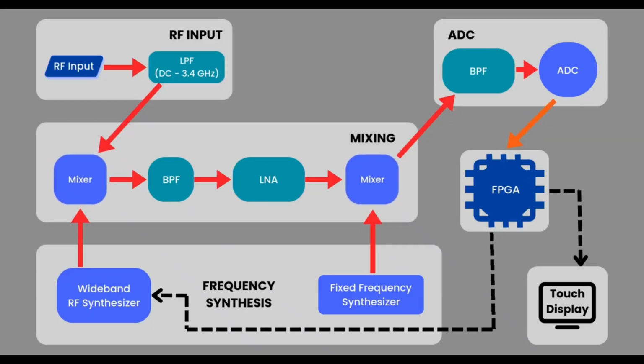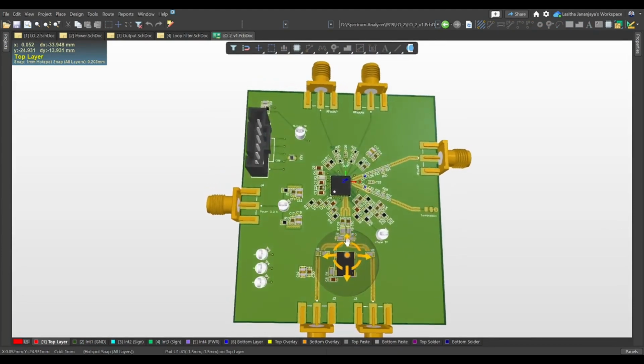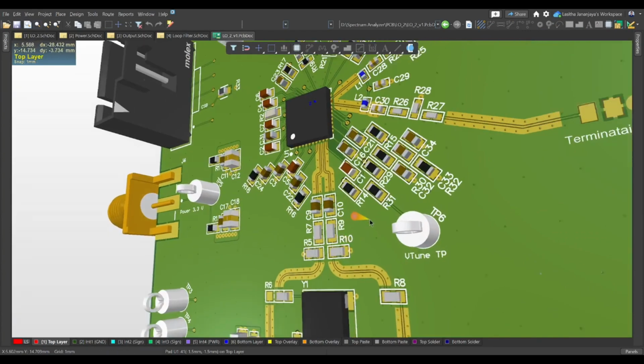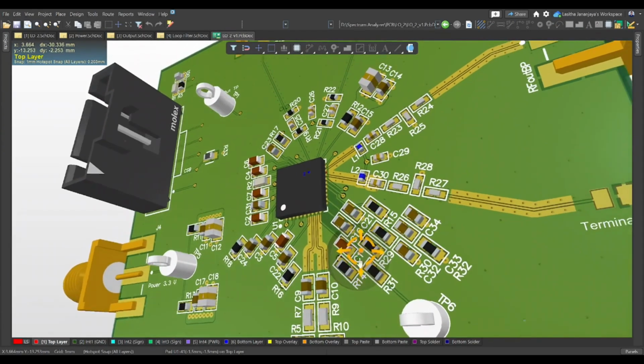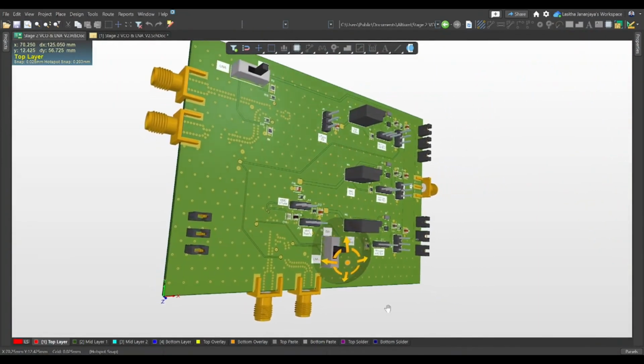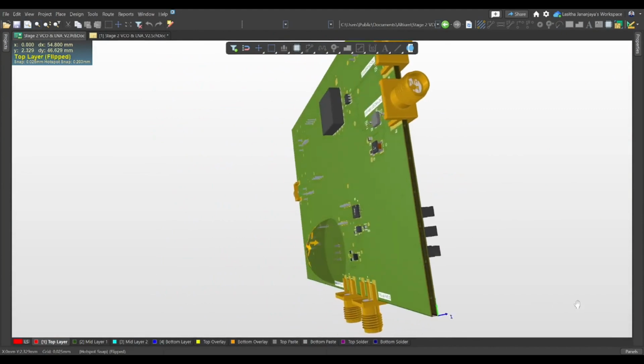After filtering, the signal goes through a series of mixers that convert its frequency to a more manageable range, making it easier to process. To generate the required frequencies for mixing, we use one sweeping VCO and two fixed VCOs. All of these are implemented on 6-layer FR4 PCBs, a material typically rated for signals up to only 1 GHz. However, with carefully calculated designs, we have been able to push the sweeping VCO to operate at frequencies up to 10 GHz. At each mixing stage, the signal passes through intermediate frequency filters to suppress harmonics and unwanted